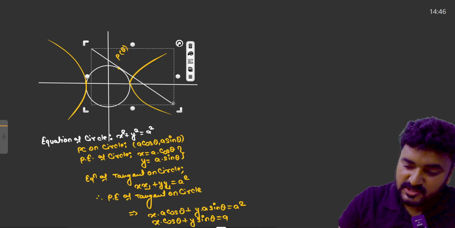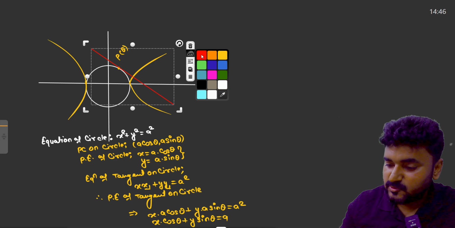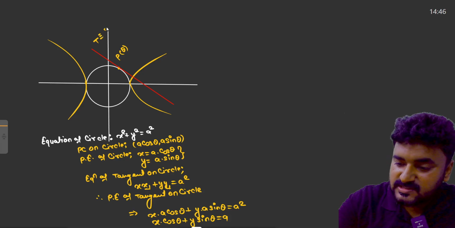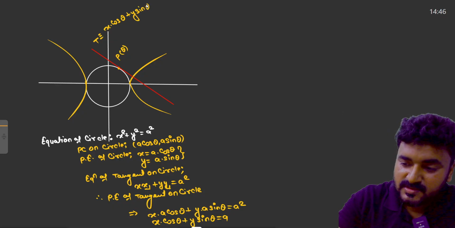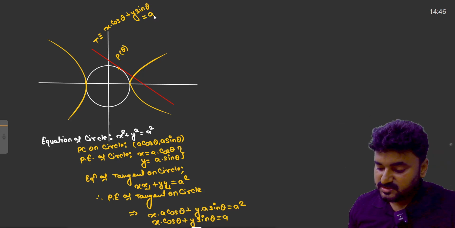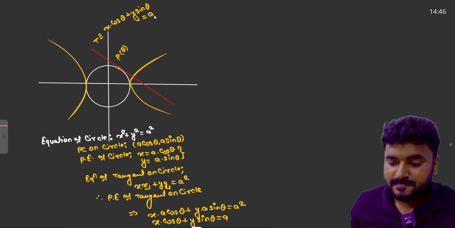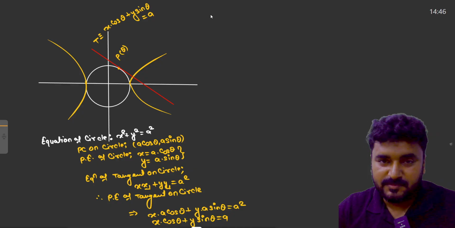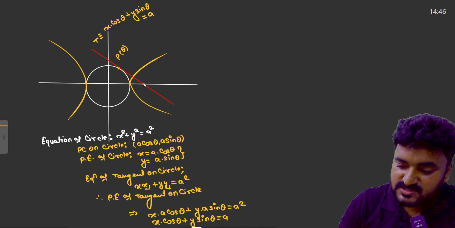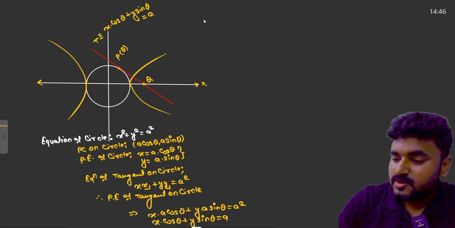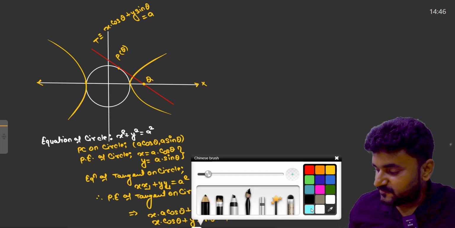So you can see that the equation of this tangent line, the equation of this tangent, you have written here: x cos theta plus y sin theta is equal to what? A. Okay. So therefore we have to find the parametric coordinate and the parametric equation of the hyperbola. So you can see that this tangent line is going to cut the x-axis. So if you want to write the coordinate of Q,